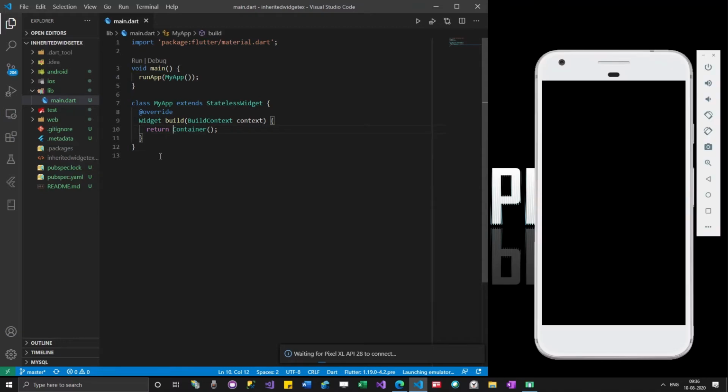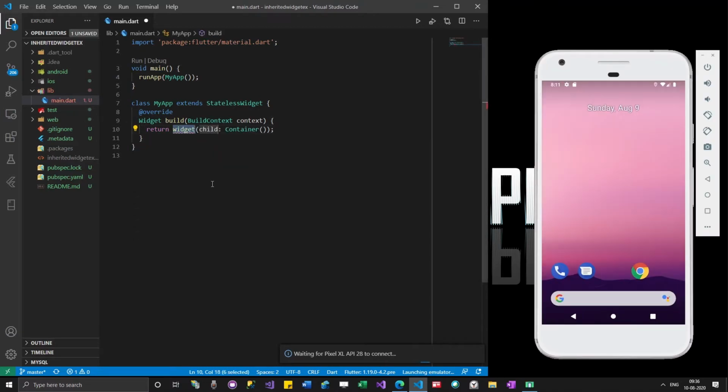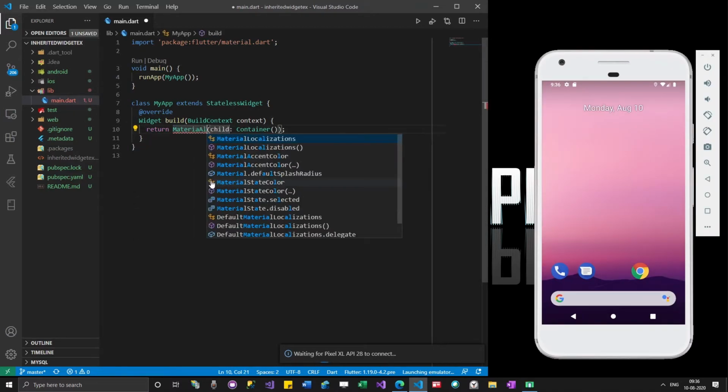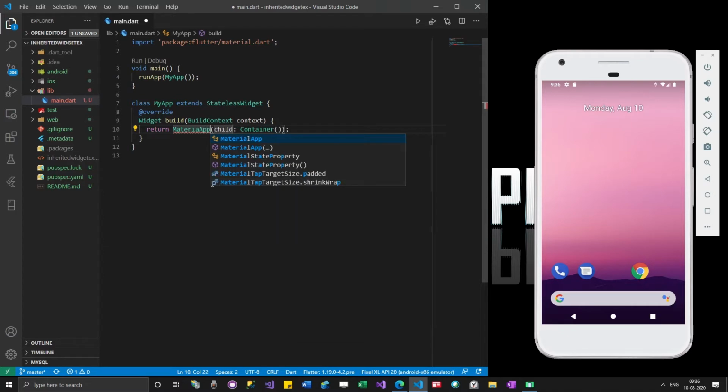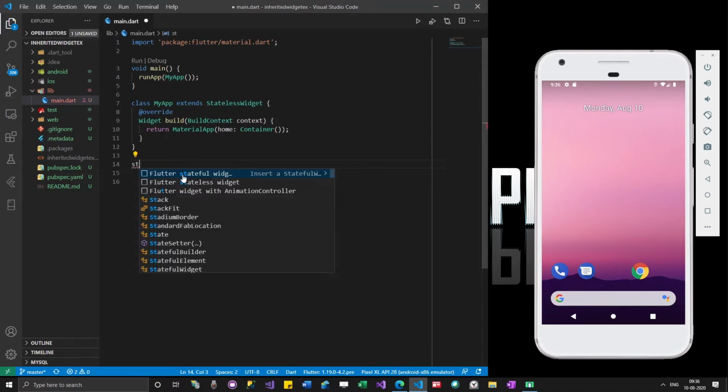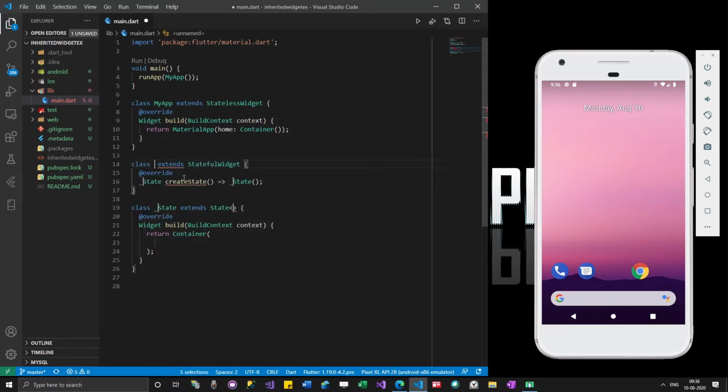While everything opens, let me add the material app. Here I will create a stateful widget, my page level 1.